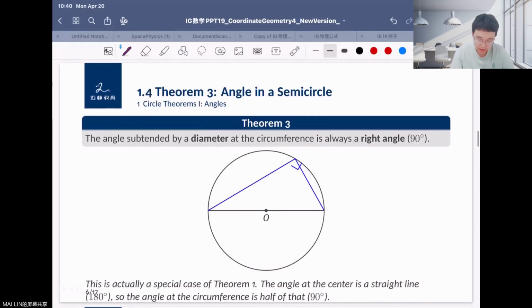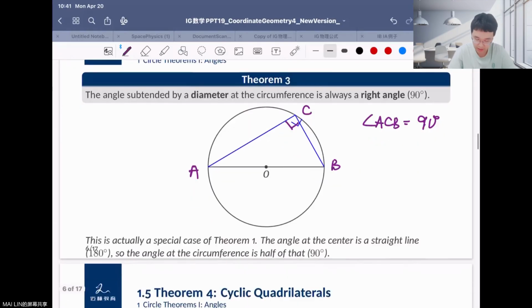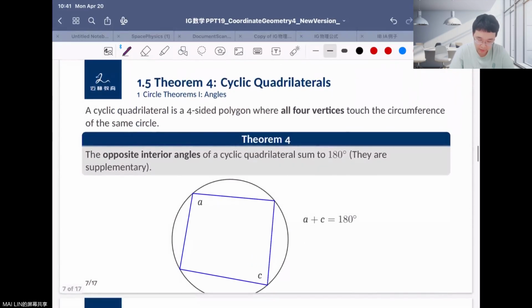Next, the theorem about the angle in a semicircle. For the semicircle, the angle here is a perpendicular angle. So here are A, B, and C. So angle ACB equals 90 degrees. That is how we can calculate with the theorem here. That is 90 degrees. And the last theorem here is